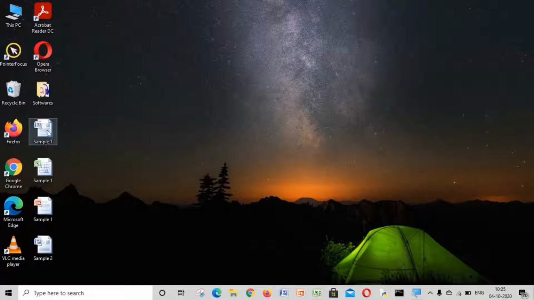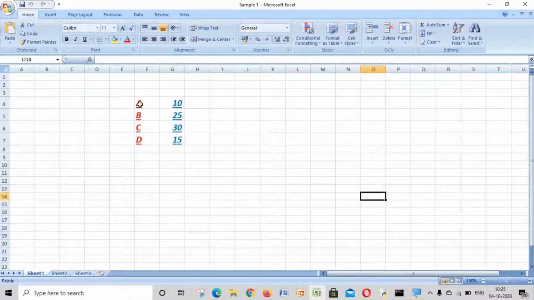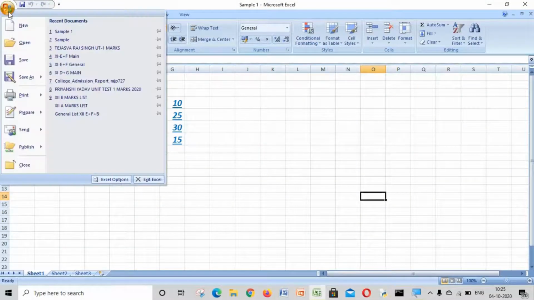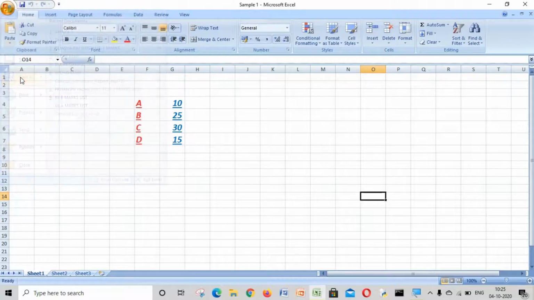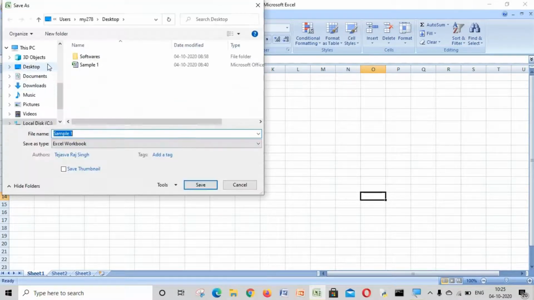The file can be a Word document, Excel sheet, or a PPT. So like I showed you, one more example of Excel. Open the document, go to the File tab and select the Save As option. Browse your location,